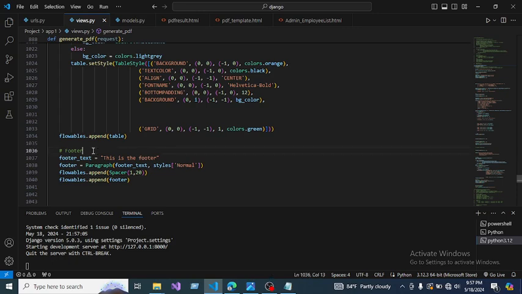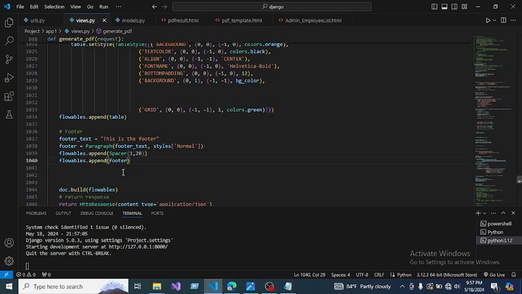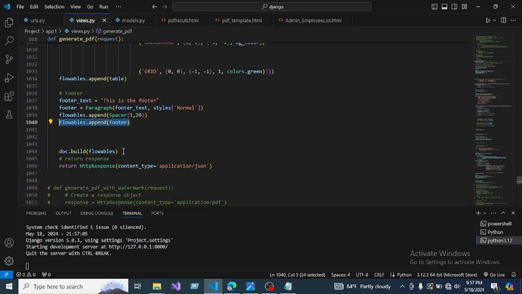To add your footer, just write your footer text. This is the footer text, and footer from paragraph. Add it to your paragraph, and the style will be normal. If you want to add space after your footer, you can add this using spacer. Then append your footer into your PDF. After that, build your PDF, and this is the variable, and then return HTTP response, content type